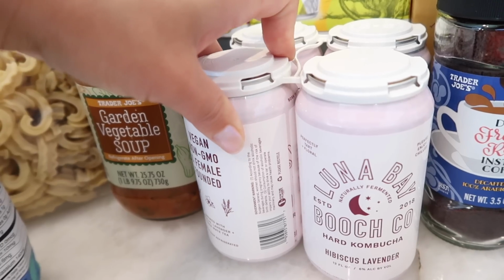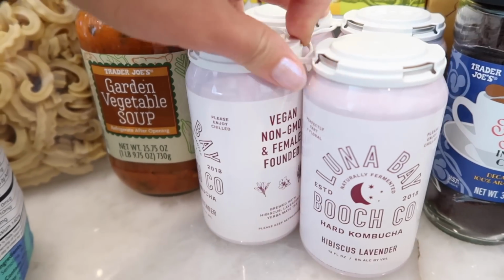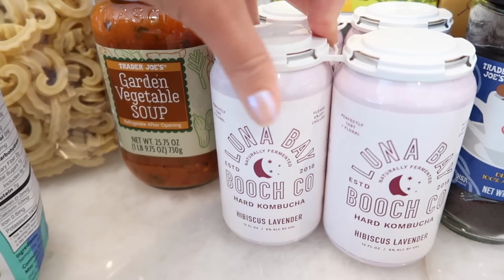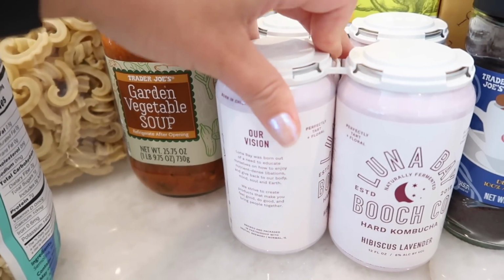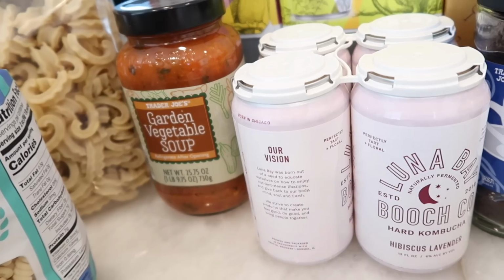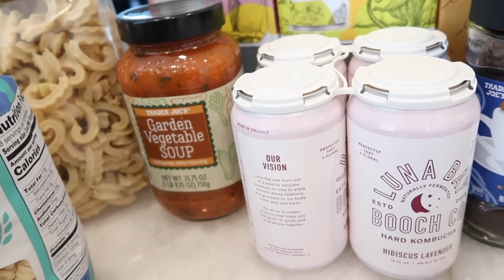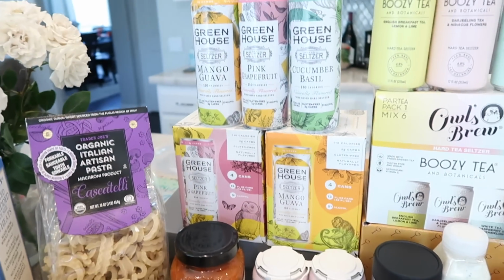So let's just hope that Tim and I have a full stomach of food because there's a lot here. But it is coming to the summer months where we're gonna want some of these things that are sparkling and lighter and easier to just sip by the pool. So I have you covered here with all of the choices. So this one's a fun one. Now we're gonna move on to